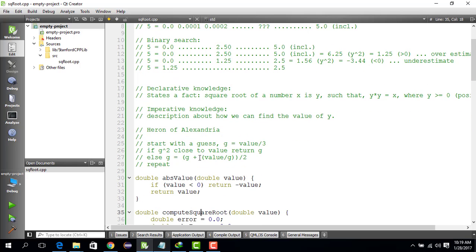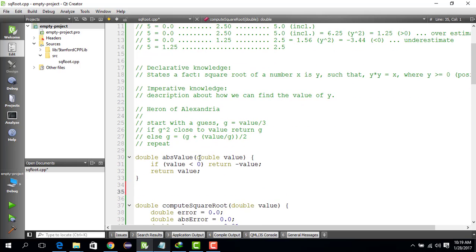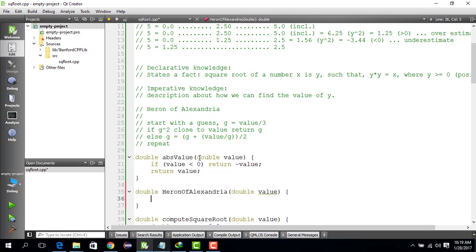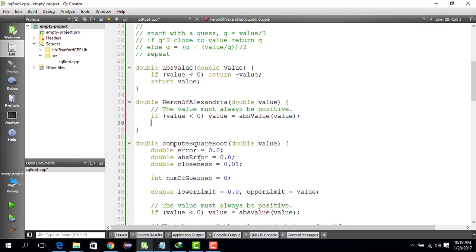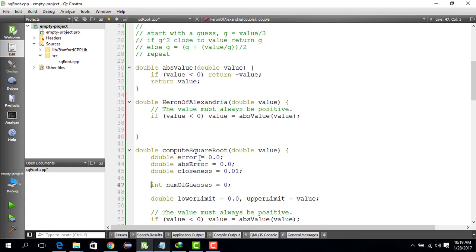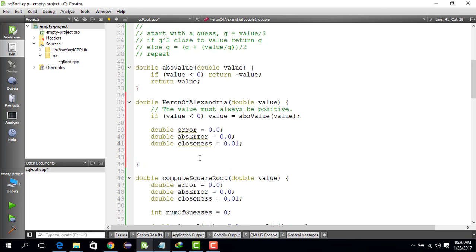So what we name this algorithm is double Heron of Alexandria, and we take the input as double value. And what we do initially is we just do this. If the value is less than 0, change the value to a positive value, because we know that the value must always be positive. Let's change it here. And then we do similar computation like before. We copy all these things here, and then